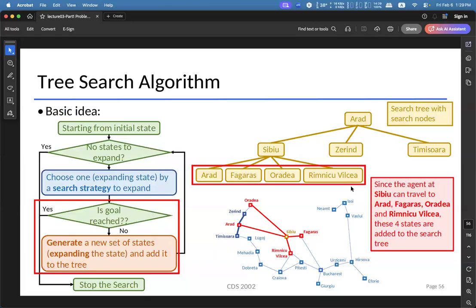And because we have been talking about the fact that the search tree represents a collection of paths starting from the initial state, you can also choose the path that has the least cost for exploration. That is called uniform cost search.